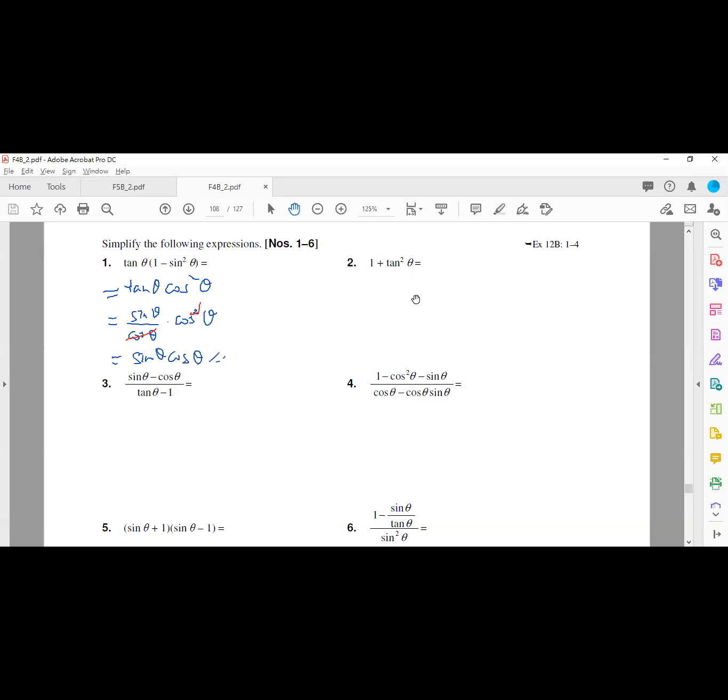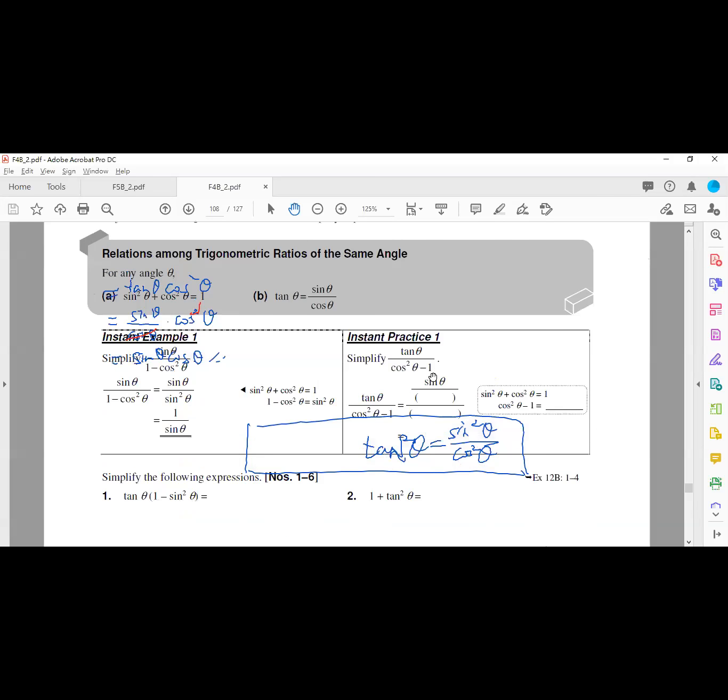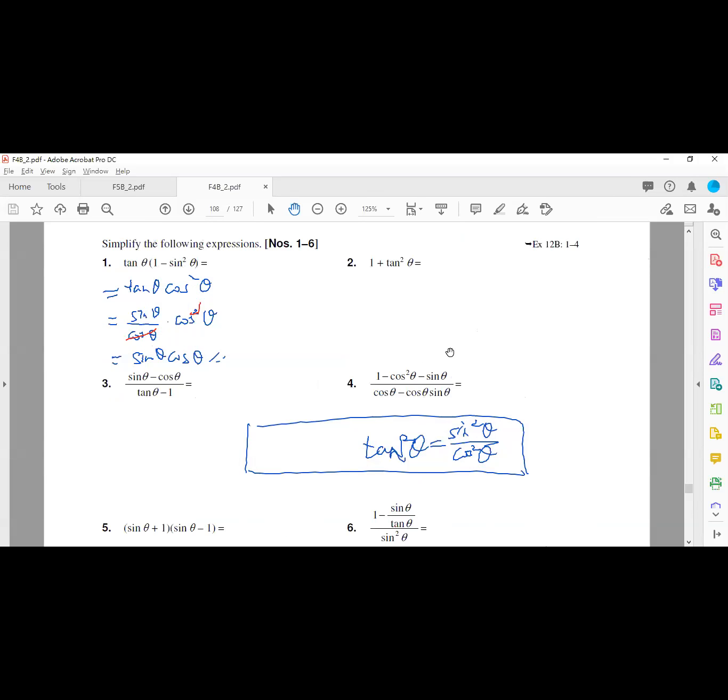Again, we have a square, but we do not have sine square or cosine square. We just have tangent square theta. And remember that, as I should have had you note down last time, tangent square theta is equal to sine square theta over cosine square theta. Because we will use tangent square theta very often. So we will change the tangent square theta to be sine square theta